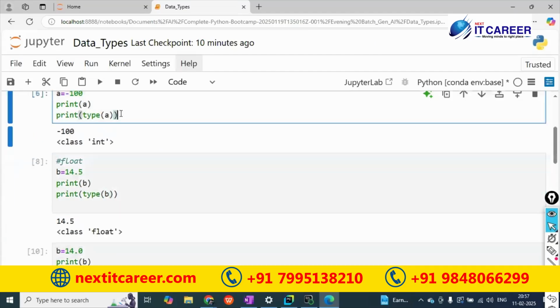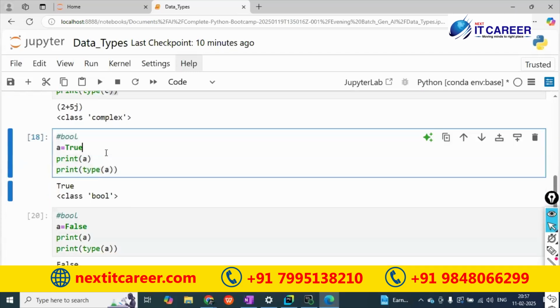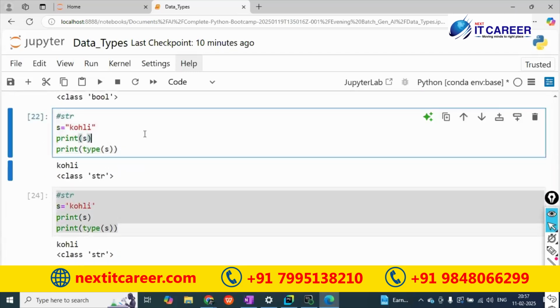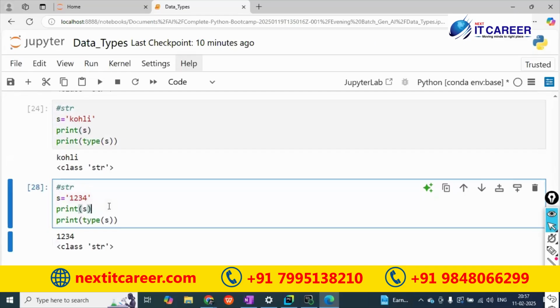To overcome that problem, we go for collection data types. The name itself says it, guys: we can collectively store the values.